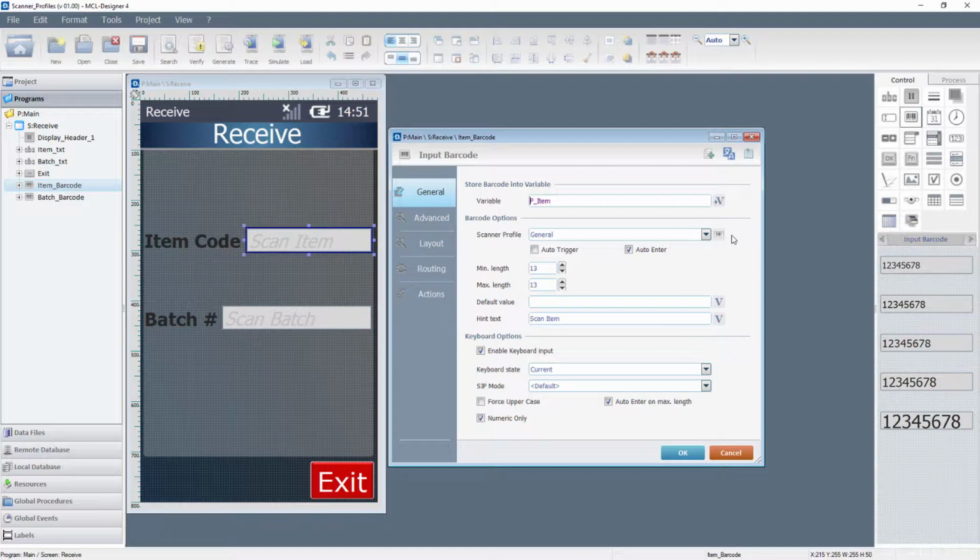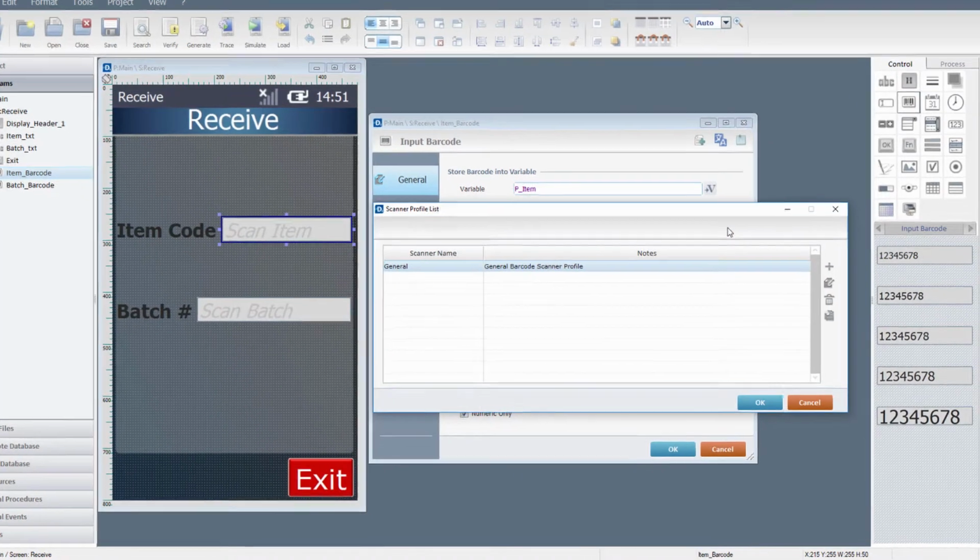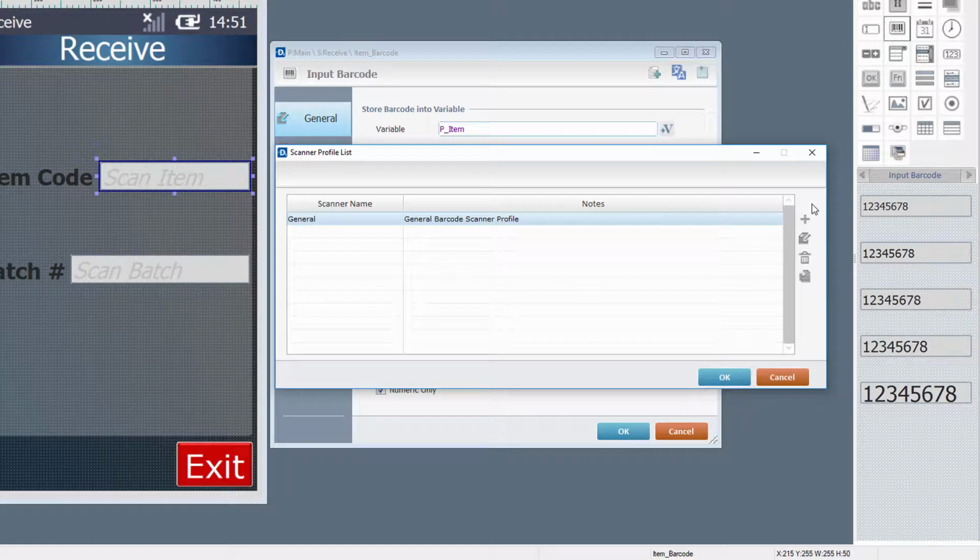It's time to create a barcode scanner profile. Click this icon to open a window with a scanner profile list. There is one profile already listed, named General. This profile has several generic barcode symbologies already enabled, but the barcode type we need is the EAN13, so click